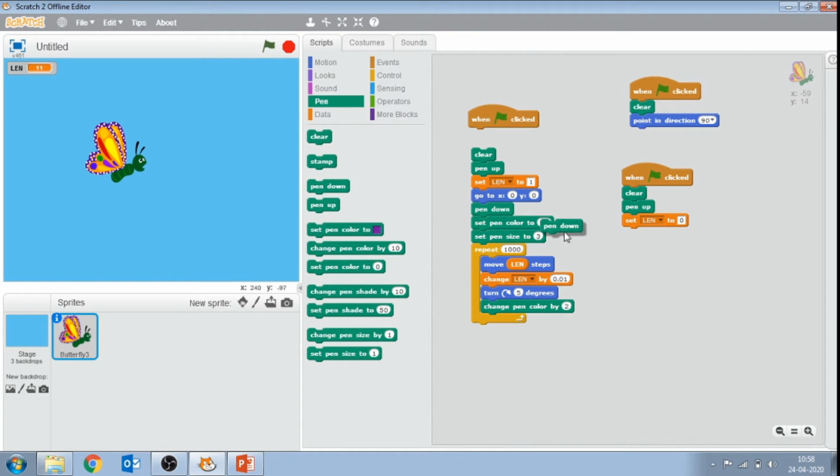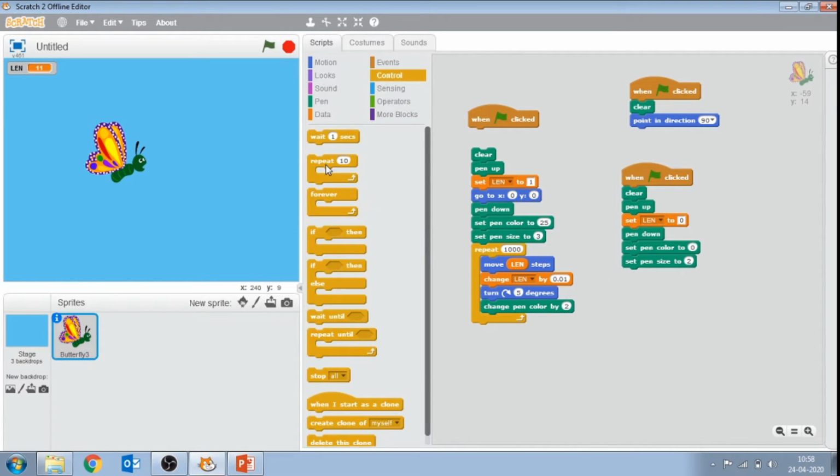Then go to pen down, then set pen color. Suppose here I am setting the pen color to 0 and pen size to 2. Now go to the control block, drag repeat. How many times you want to repeat, that number you should type here.